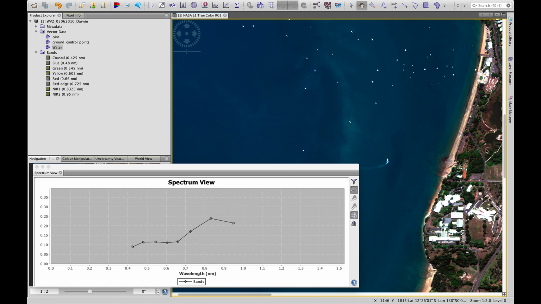Comparing that to land, especially green vegetation, we see quite a distinct opposite response with much more reflectance in the near infrared range. We can close that,